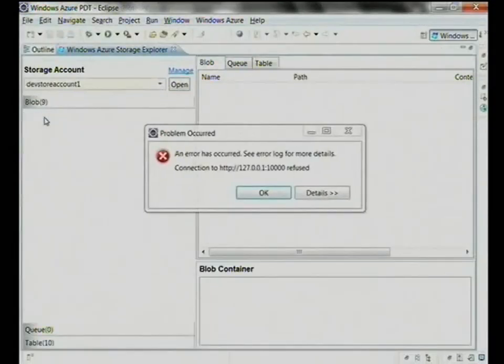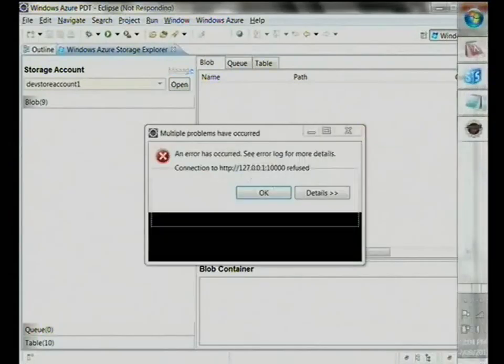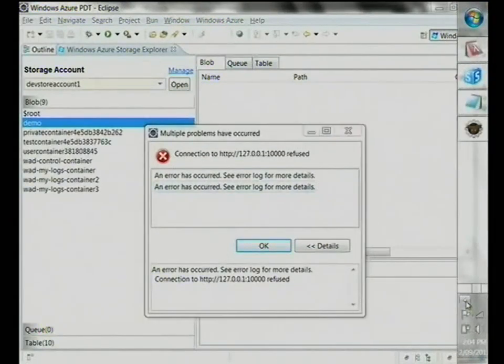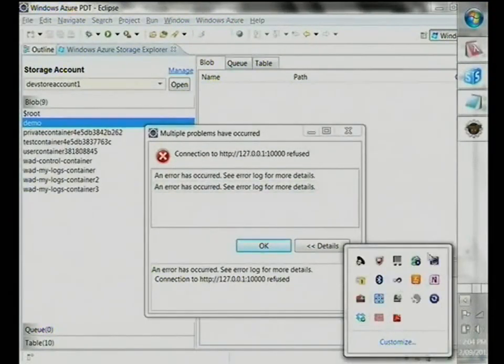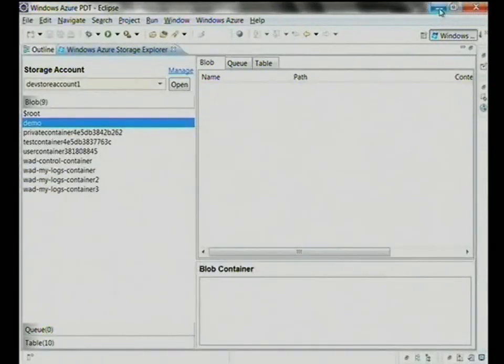It's actually taking a while to show up. I have a feeling my storage emulator hasn't started up. Okay, let's fix that. We'll come back to this after we deploy to the compute emulator, because then it'll start it up and I don't have to start it up manually.